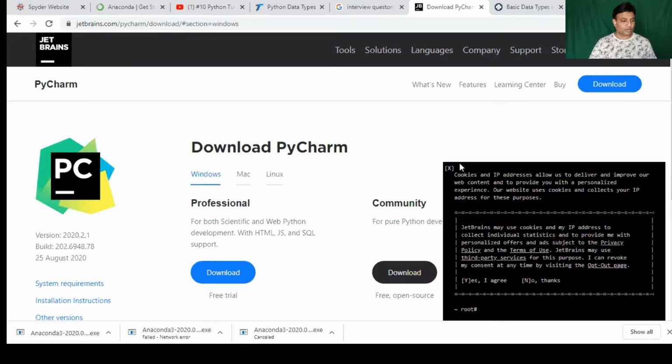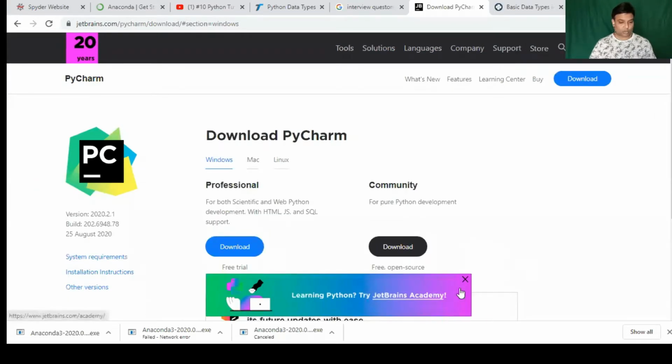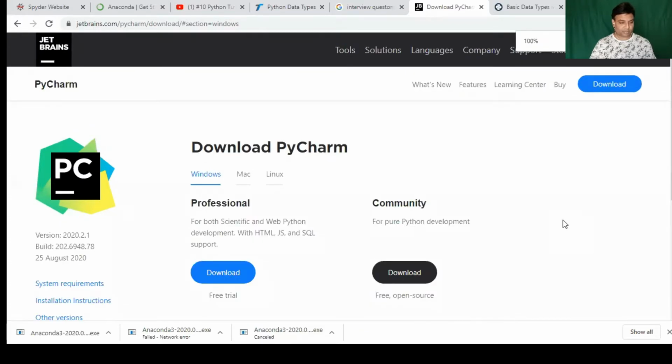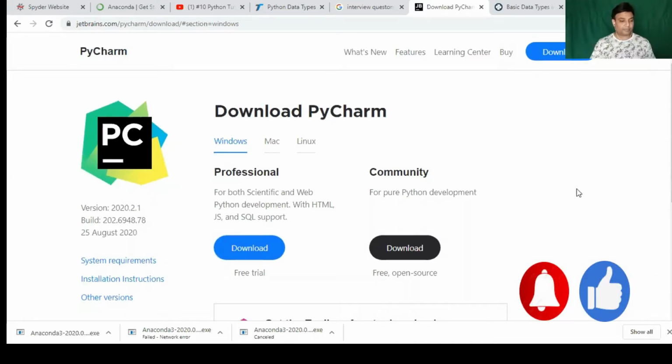So guys, you can see on this page there are two options for PyCharm. Let me close this and increase my screen resolution so that you can see the two options over here. Okay. So see, we have got two options: one is professional and one is community. What is the difference? Community version is free of cost. You can download it. It's good for learning concepts, learning Python programming. But if you want to do website development activities, you won't be able to do that in this community version.